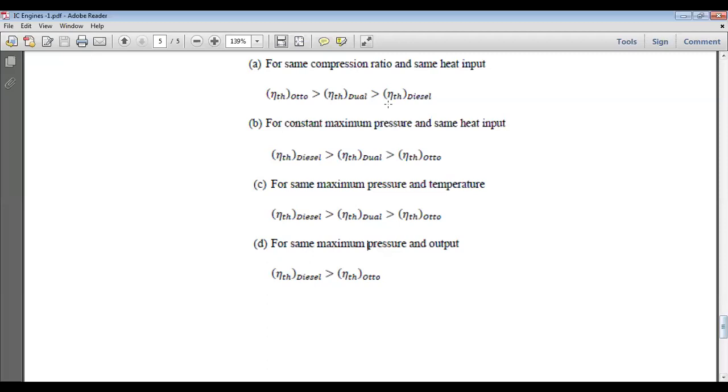So overall, we have seen that the diesel engine gives you the high efficiency in different categories. So this is all about the internal